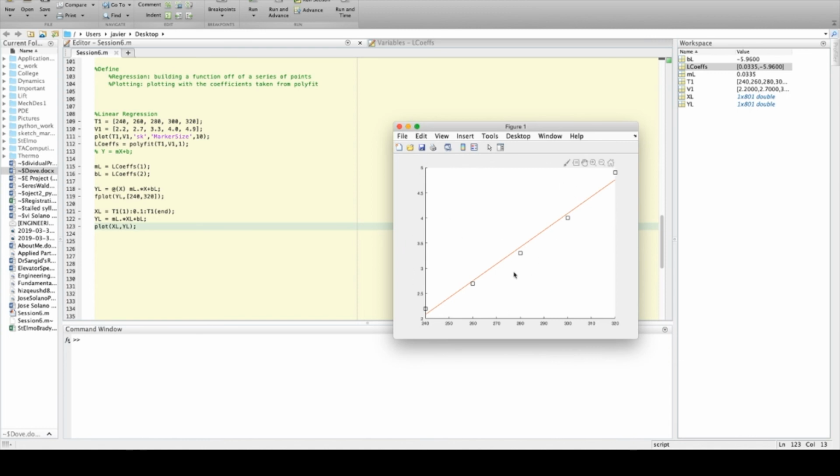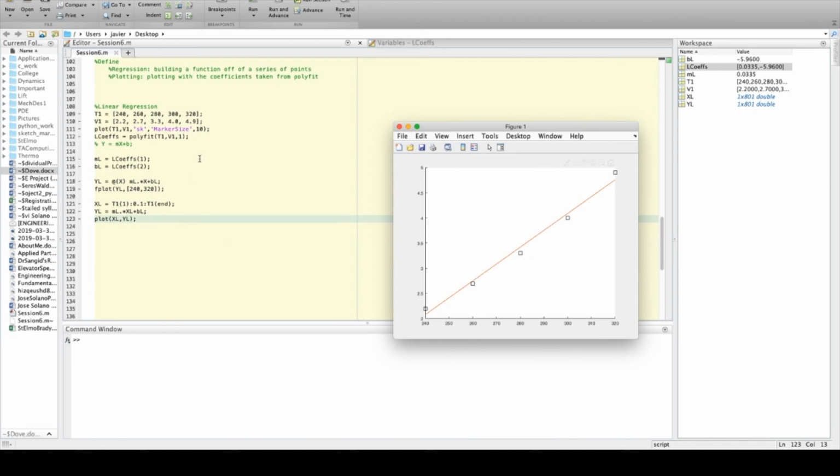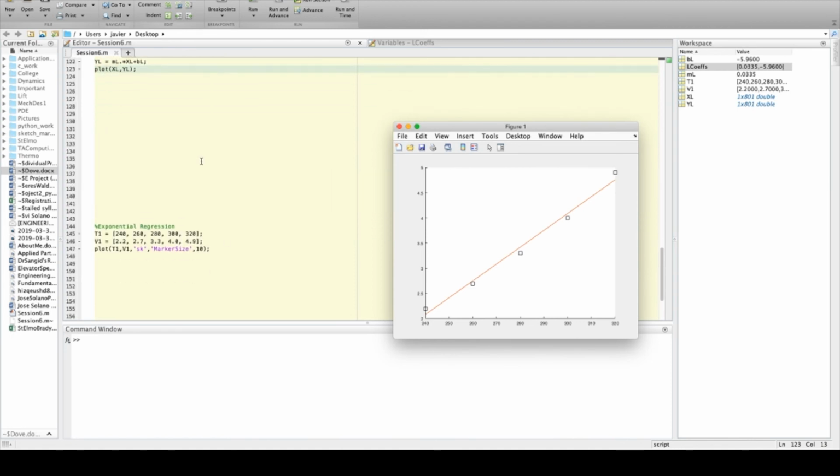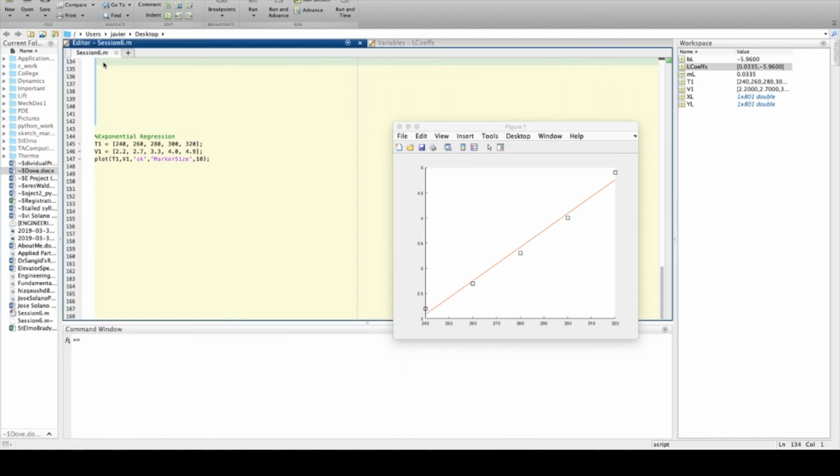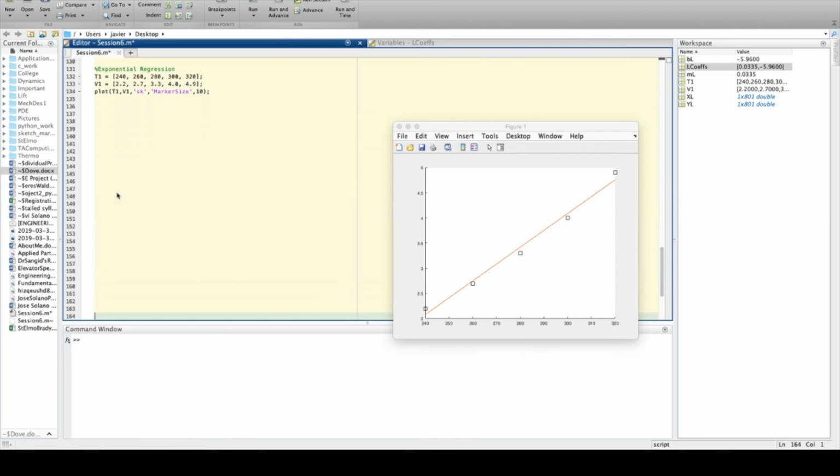But this line doesn't really fit this data correctly, right? It doesn't fit it exactly. It looks like this kind of goes up. It curves up like an exponential curve, and that's exactly what it is. The data would most likely fit an exponential curve, and I pulled it from a separate example for an exponential curve. So now we're going to look at exponential regression, and you're going to see that this kind of regression is almost exactly the same as linear regression, except we have to do a few things when we use